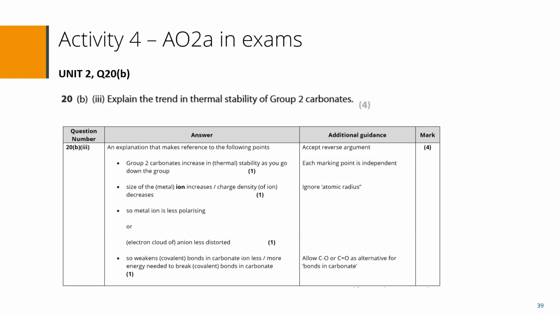Preferably, we'd like them to say the electron cloud of the anion is less distorted, but electron cloud is not essential because it's in brackets. So it weakens the bonds in the carbonate ion. More energy is needed to break the bonds in the carbonate ions. We would like them to say that they're covalent bonds, but covalent is in brackets. So anything that's in brackets is what we would like them to put in, but they don't have to include that